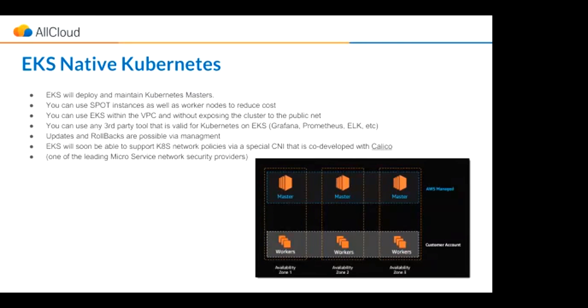Running the EKS as a service removes the complexity. It's making it easier for you to focus again on highly available Kubernetes environments, highly available architecture, automatically distributed Kubernetes, and also, of course, use the same logic that has already been available for scaling groups and all the reliability, performance, and scale that we've been used to getting from AWS. Of course, you will get the integration with all of the current AWS features, such as CloudTrail or identity, the load balancing, everything that we've been used to doing up until now will be the same logic, but now with